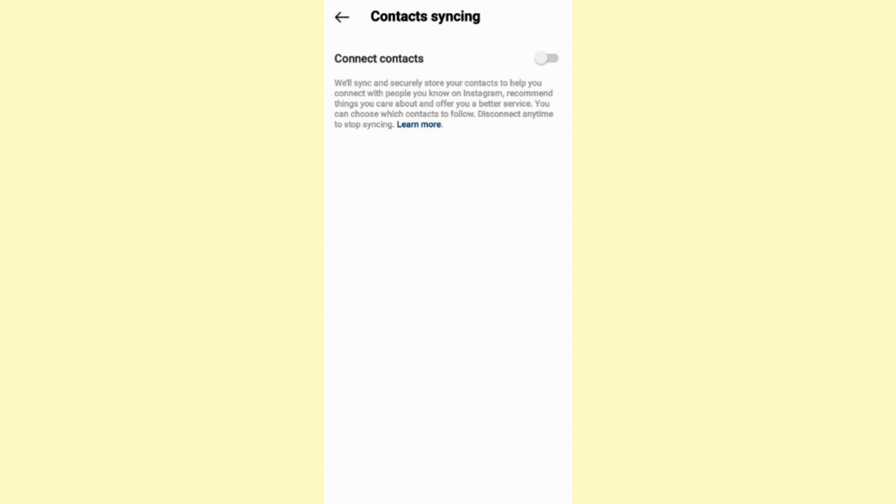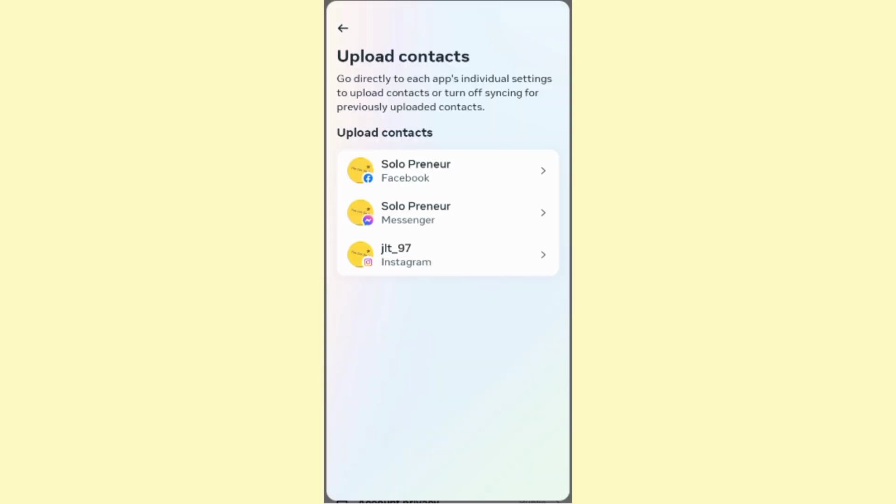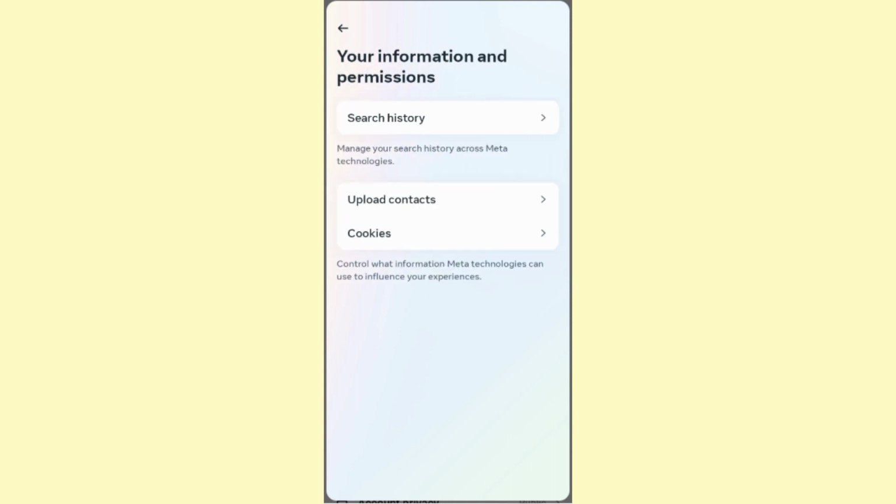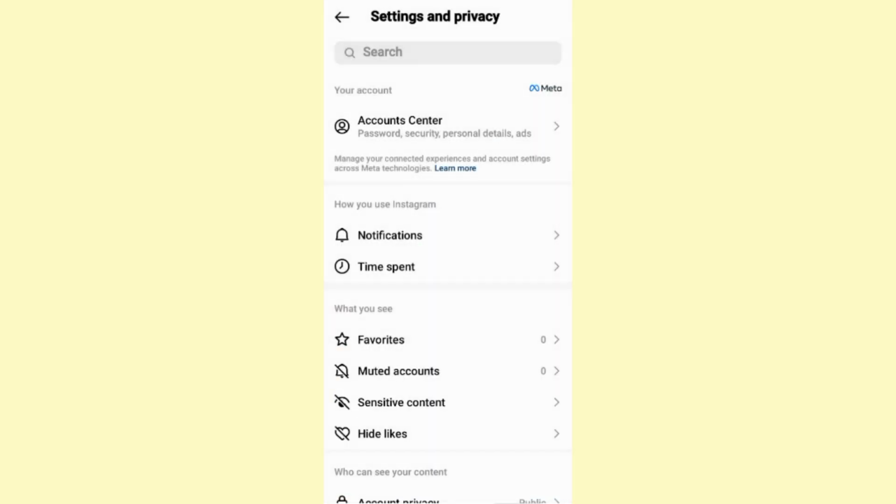And you will get to this page right here, in which you will need to turn on this Connect Contacts toggle on to allow and enable the contacts syncing on Instagram. Now once you do that, just go back to your profile page,